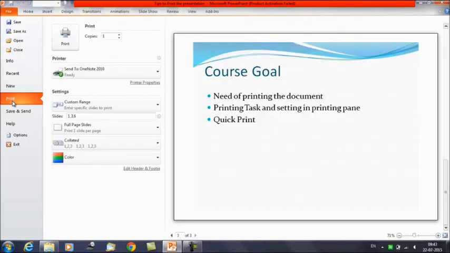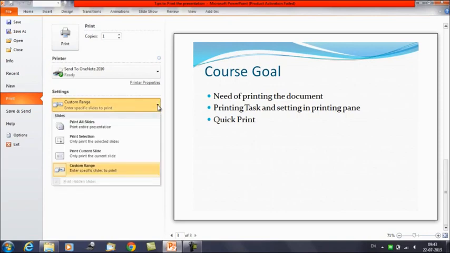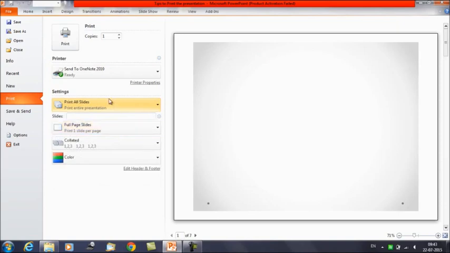Click on this option. So here you will get these settings. There are certain settings that you can perform here to take the printouts, and this is the preview window which shows you how the printout will look. Now we can perform multiple settings here. For example, suppose you want to take the printout for the entire presentation. So you can select here Print All Slides, print the entire presentation. Once you select it and click on print, it's going to give you the printout for the entire presentation.